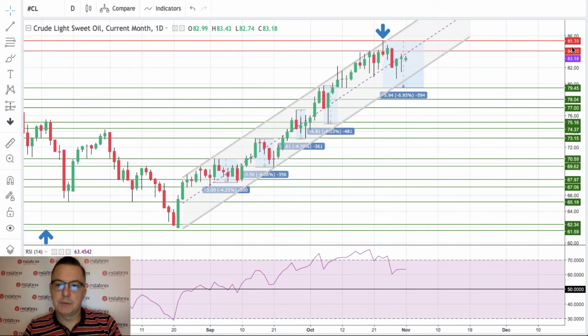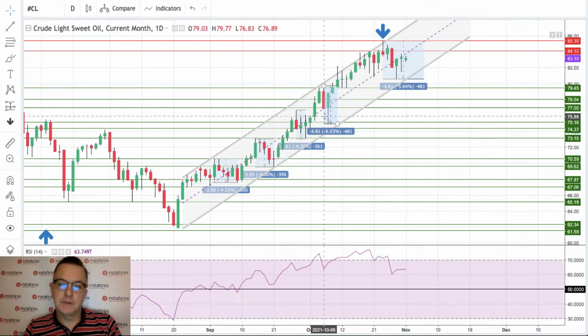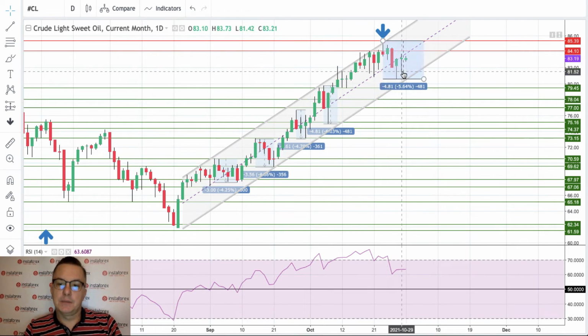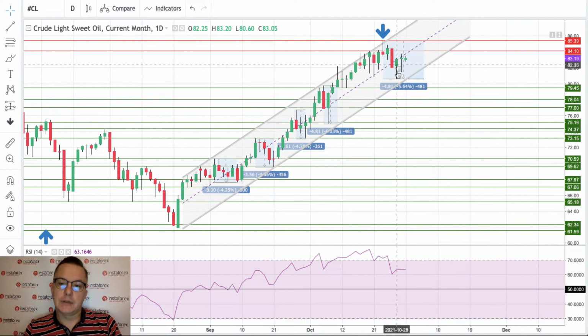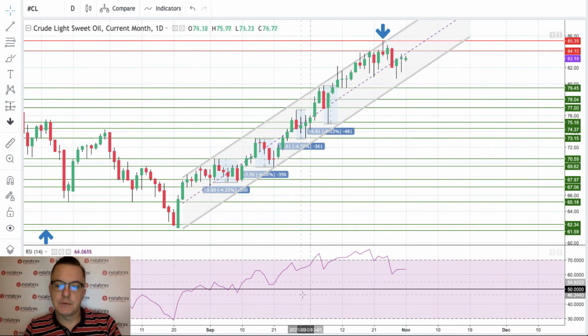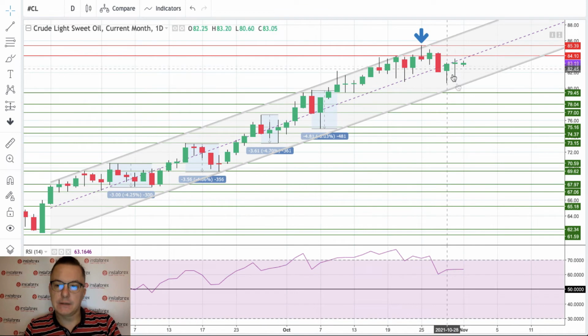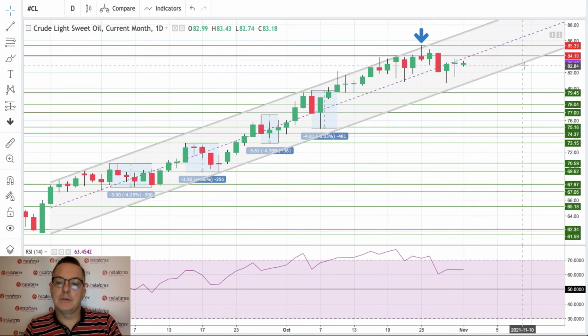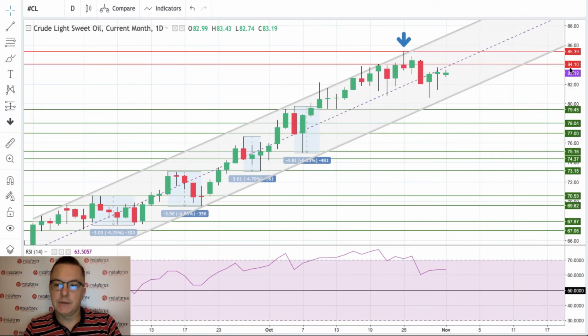And of course 85.39, and of course this is correction here. It looks like we got like 5%, 564, which is bigger than those corrections here. A little bit too much, about 1.5%. However, long shadows on candles that were made on a daily time frame chart. This is down shadow. Those shadows are telling us that bulls are still buying the lows and pushing the prices higher. So maybe we should see very soon another test of 84.10 and then